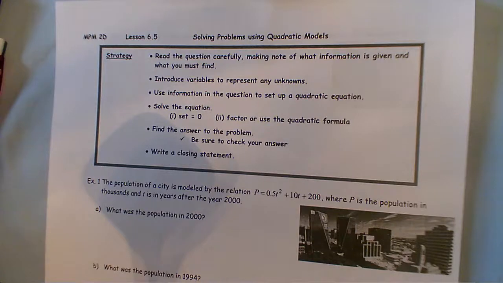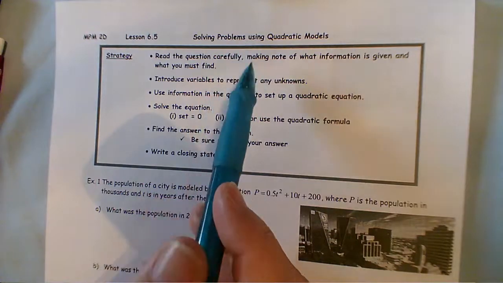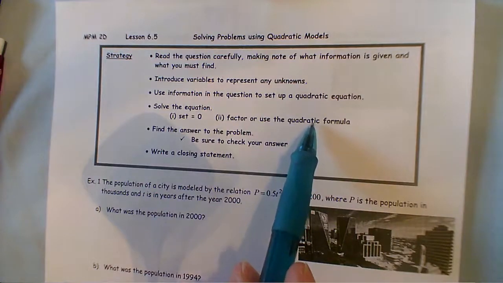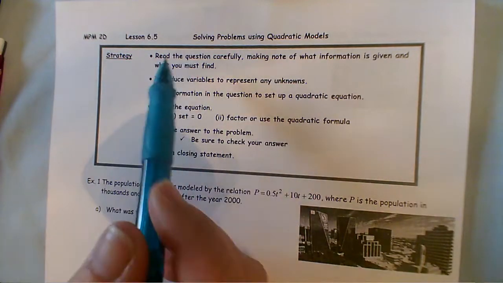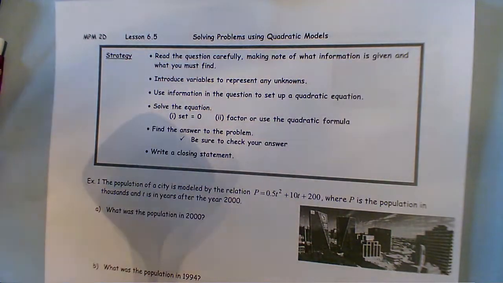Okay, welcome back everybody. Today we're going to continue with our solving of quadratic problems. And we're going to be making use of either our factoring methods or the quadratic formula in order to get our final answer. So basically there's a strategy or a process we follow whenever we're given a word problem. And the word problems are typically classified under certain types, and you're going to get to see the same type over and over and over again, whether it's a projectile motion, a revenue, a population question, a geometric question, and so forth. We're going to try each type so that when you encounter a similar type in the future, you'll